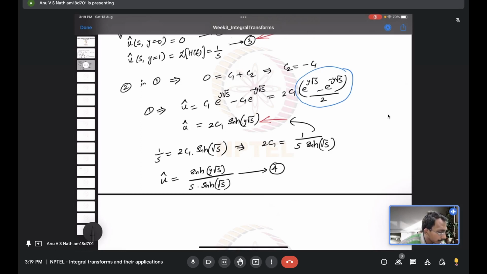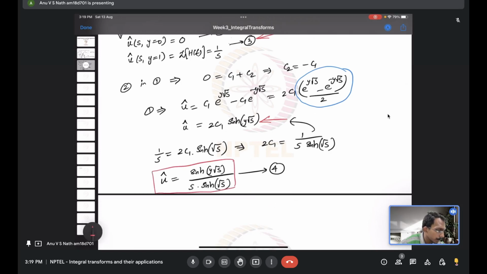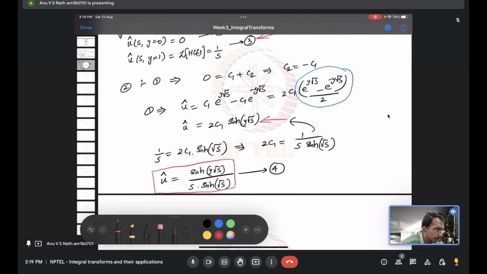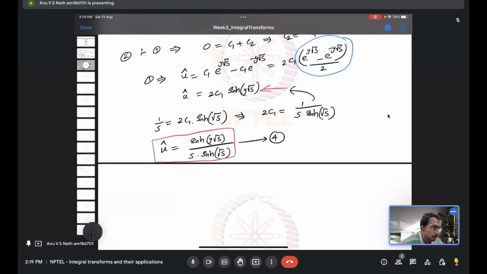Okay, so this is the equation. This is actually the solution, but in the Laplace domain. So u cap is the solution in the Laplace domain. Now we want to obtain the actual solution u of t comma y, which is the Laplace inverse of u cap. So basically we want to invert